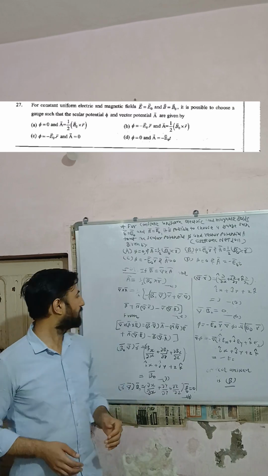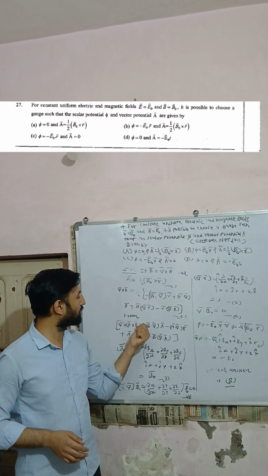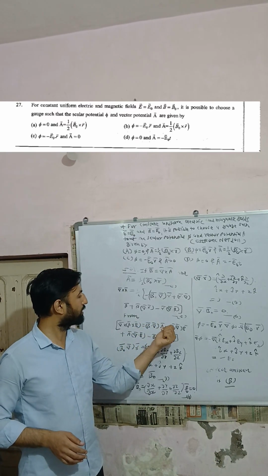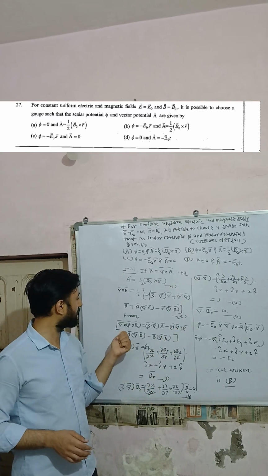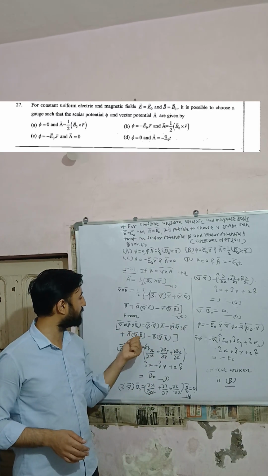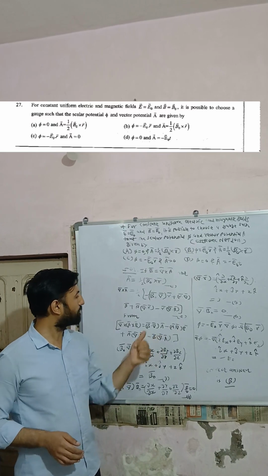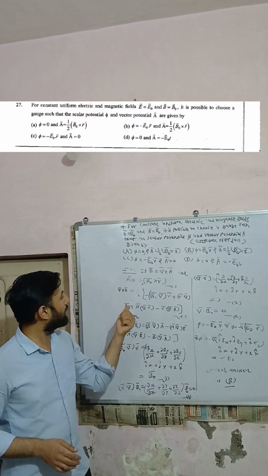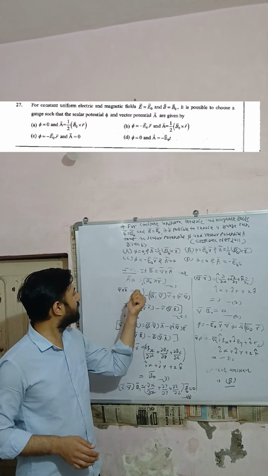we have to consider another vector identity from vector algebra, that is del cross (A cross B) equal to (B dot del)A minus (A dot del)B plus A(del dot B) minus B(del dot A). By considering this vector identity,